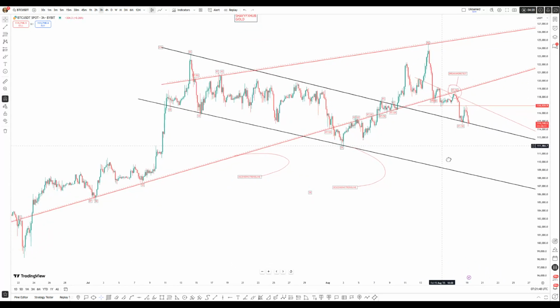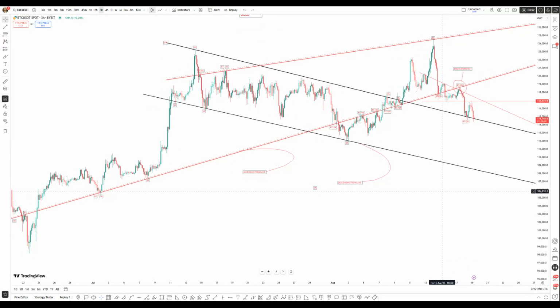A breakaway from that structure might look a little bit nasty from what I see. So if we break out from there, there is a very high probability that the selling could continue into the structure,